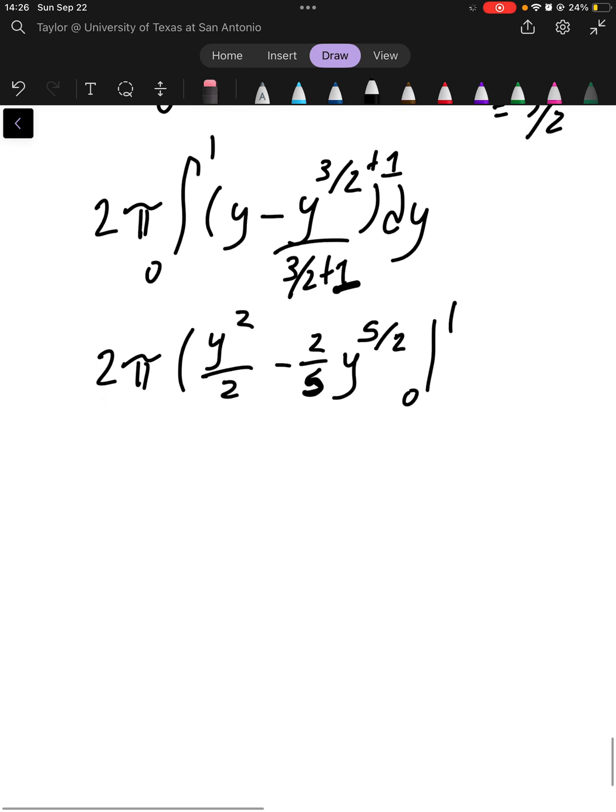Substituting in our bounds, if we substitute in 0 here or 0 here, we get 0 for both expressions. So then I would just get 2 pi